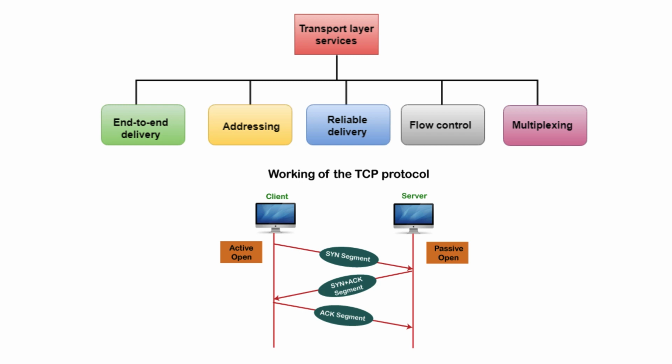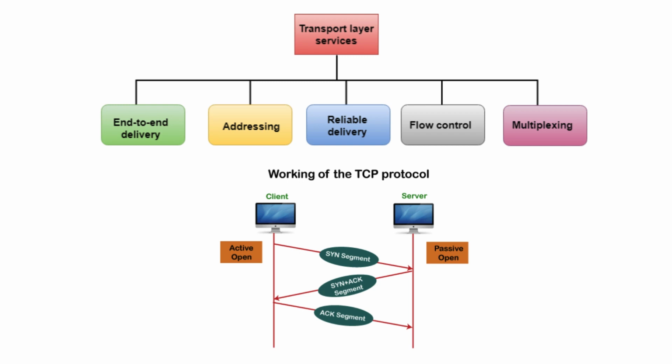TCP is a connection-oriented protocol that guarantees reliable data delivery by establishing a virtual connection between sender and receiver. It segments data into manageable chunks, adds a sequence number for reassembly, and implements mechanisms like flow control, congestion control, and error recovery to ensure that the data arrives intact and in the correct order. TCP is commonly used for applications that require reliable, ordered delivery of data, such as web browsing, email, and